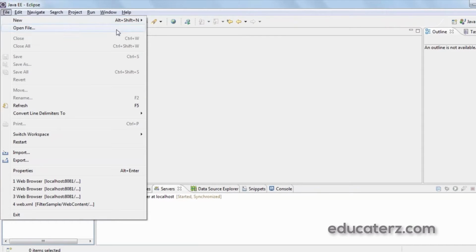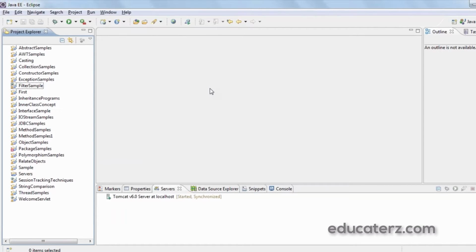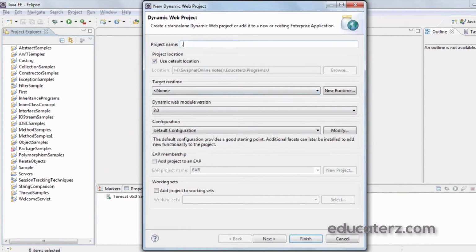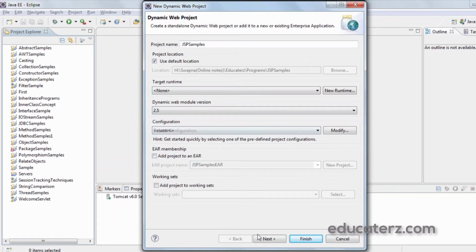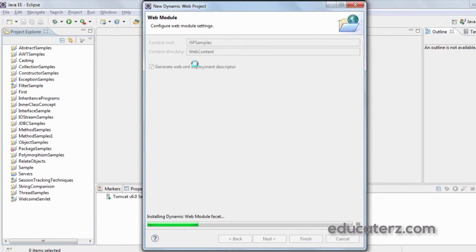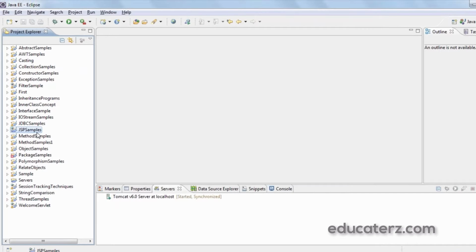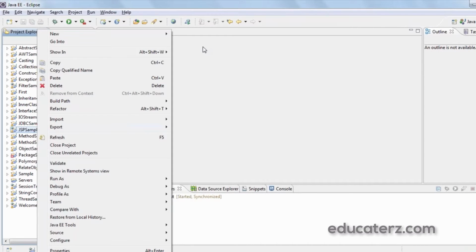I'm just creating a new dynamic project with the name JSPSamples, using version 2.5. Click finish. You can see JSPSamples got created. First, I want to add two numbers in a JSP page, so I write a simple JSP page.